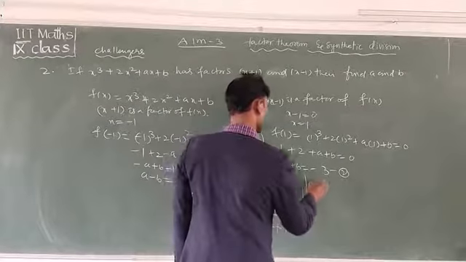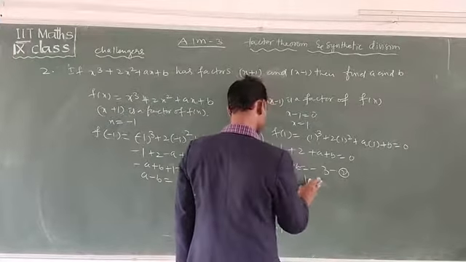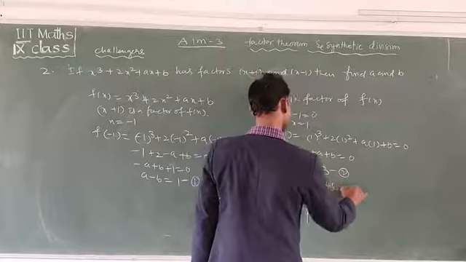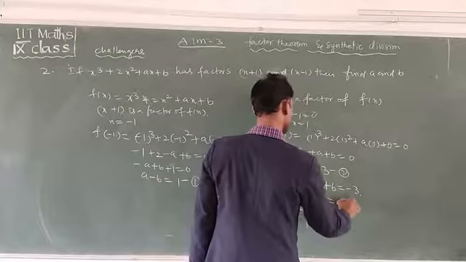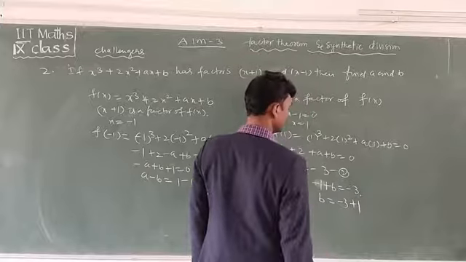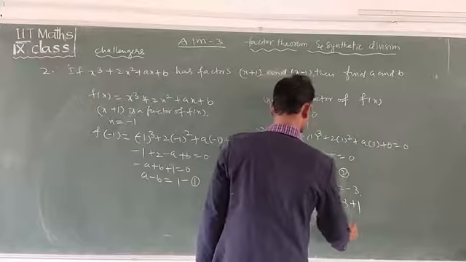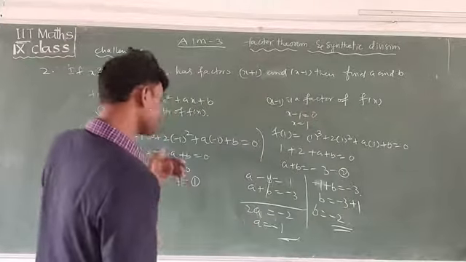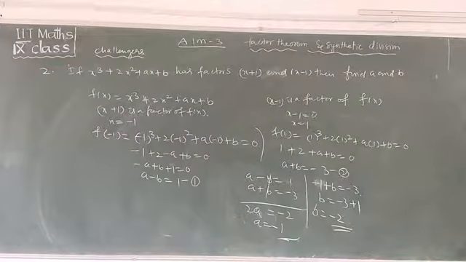Now see here a plus b. A instead of, you can write minus 1 plus b is equal to minus 3. Then b is equal to minus 3. This one and that side means plus 1. Then b is equal to minus 2. A is equal to minus 1 and b is equal to minus 2. Note down.